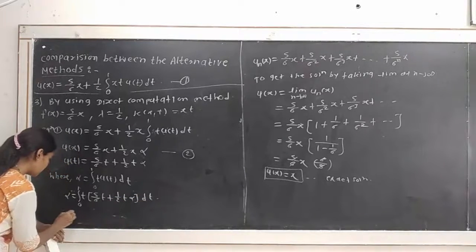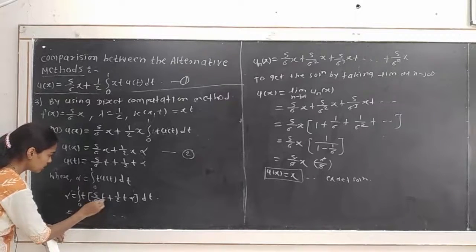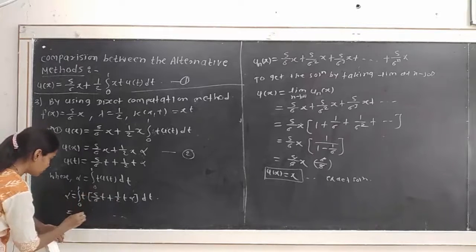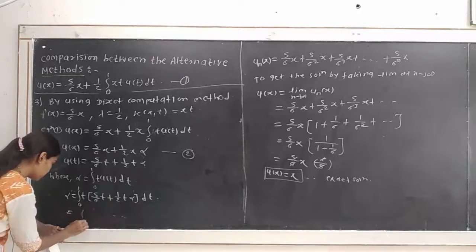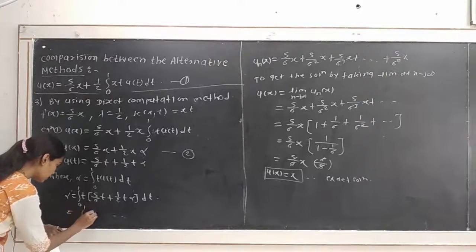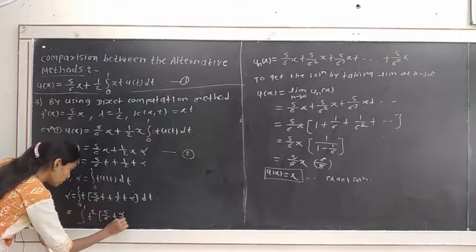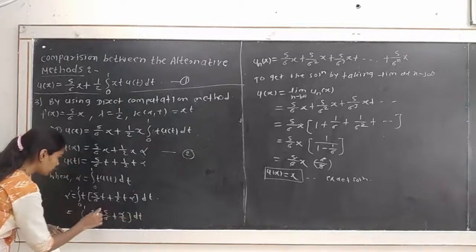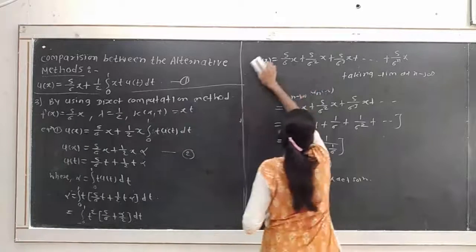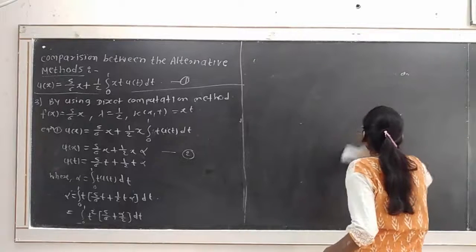Okay, by simplifying this integral, here 5 divided by 6 and alpha divided by 2 will be constant, so we take them outside. Firstly we can take t outside from these two terms, so this t and this t become t square in the bracket 5 divided by 6 plus alpha divided by 2, into dt. We take t outside, so this t becomes t square, then we take the constant term outside from the integration and then take the integration.